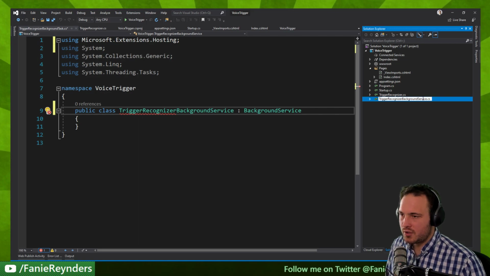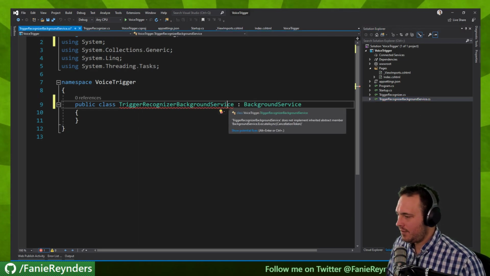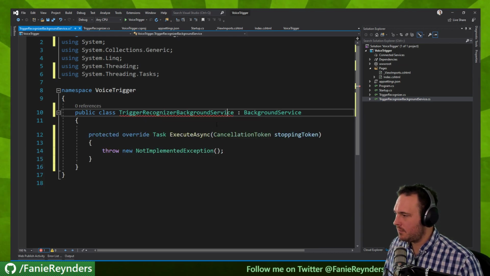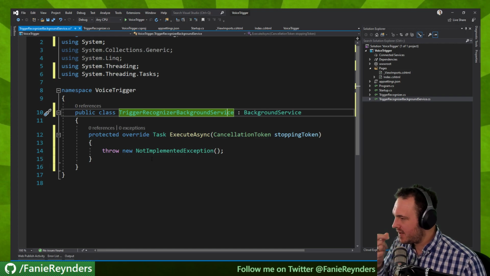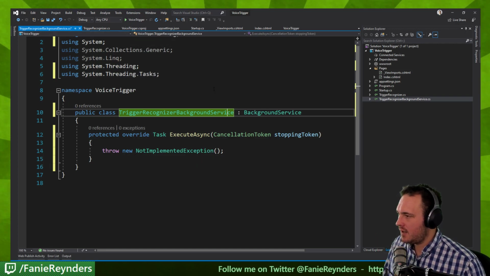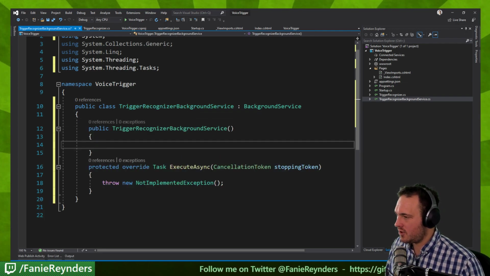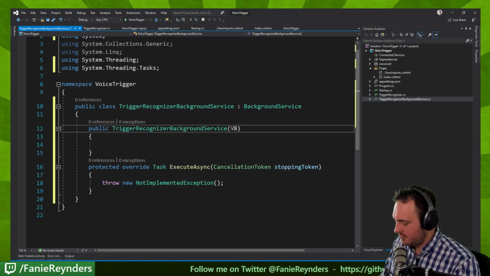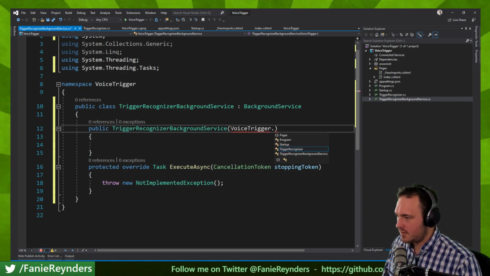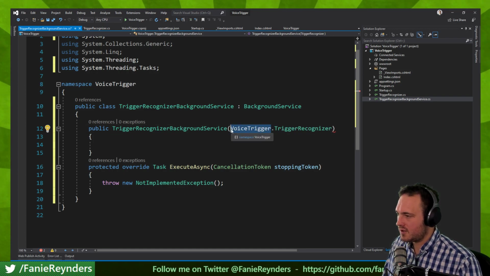And no, I'm not using ReSharper, sorry. Okay, implement this guy, control dot, implementing it, boom. Now this is when it gets executed. So whenever this runs, I would like my recognizer to start. So here I have my voice. Let's call this voice trigger or trigger recognizer. We'll pass that in,